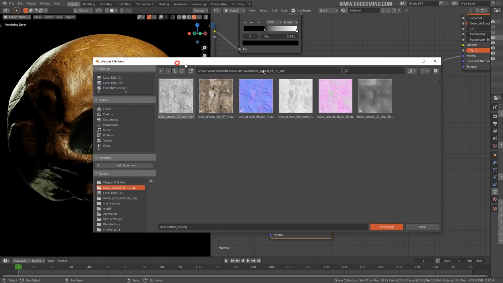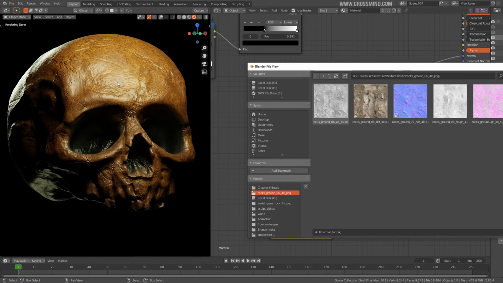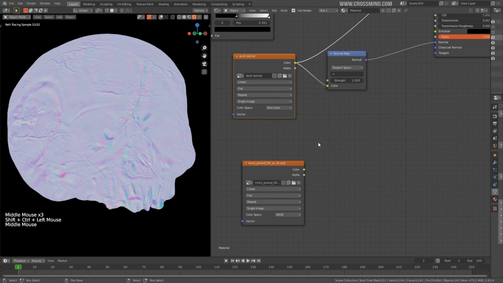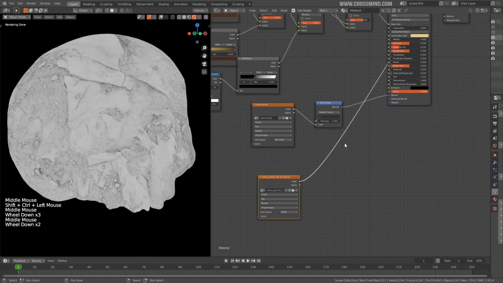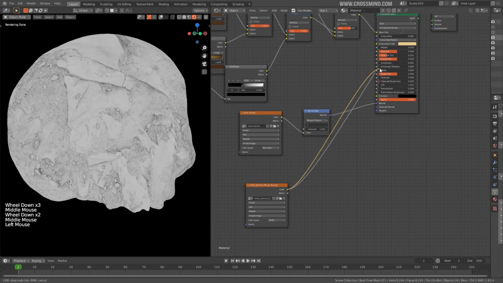I just want to break the highlights which we see over here, and I don't want to use the same texture that we have created in the diffuse for the roughness, because it's going to stick to the same shape and give us the same texture. So I want the scratches to look different from the base color texture. This texture we are going to use in the roughness. So let's plug this one into roughness